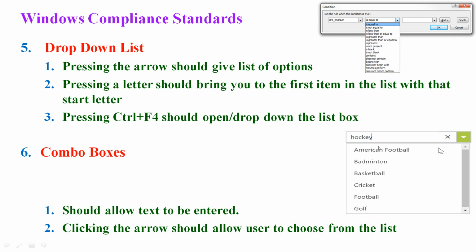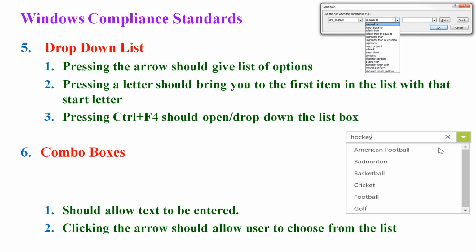So like this, I am presenting here what you are supposed to concentrate on predominantly. In the combo box, the combo box should allow text to be entered. That means the user should be able to enter the data or text into the combo box. If that combo box is not allowing you to enter the text, then that is a defect. Immediately you have to report the defect to the development team, right?